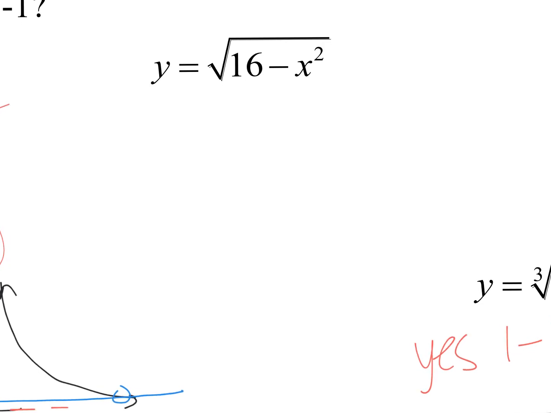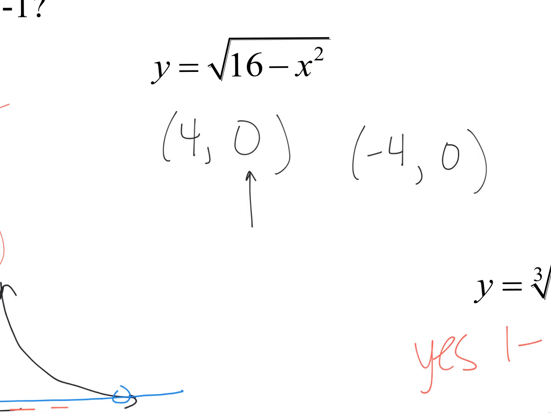So think about this. What if I plug in 4 for x? Go ahead and plug in 4. So I'm taking the 4 and I'm plugging it in right here. I get 16 minus 16, which is 0. Is there another number that's going to give me 0 that I could plug in for x? This is a really hard way of thinking about this. But this is the way that I need you to understand this one-to-one test. What if I did -4? What if I plugged -4 into this x and squared it? That would give me 16. 16 minus 16 is also 0. So this is two x values,